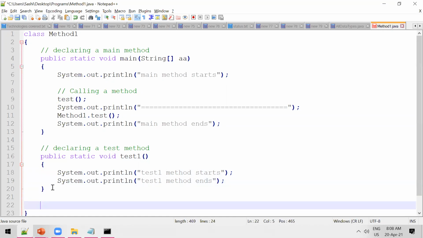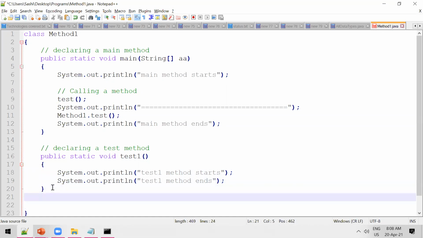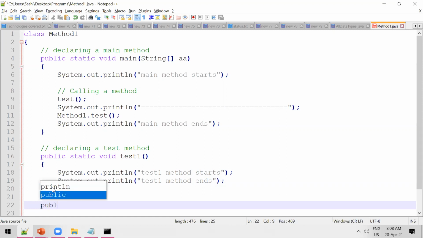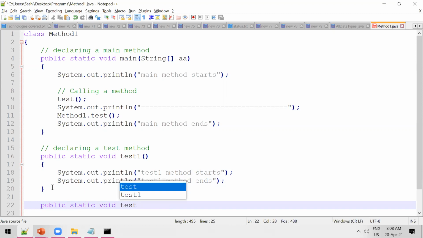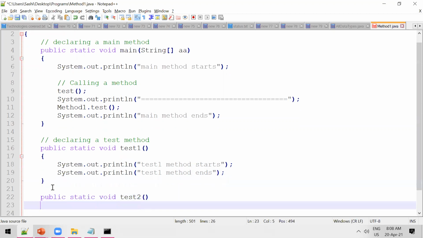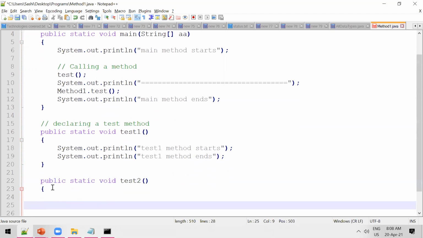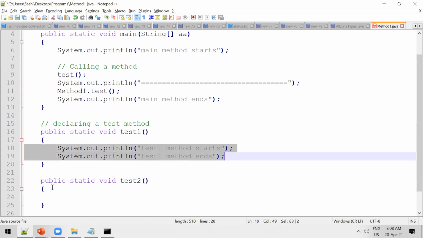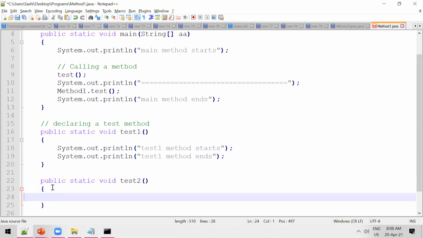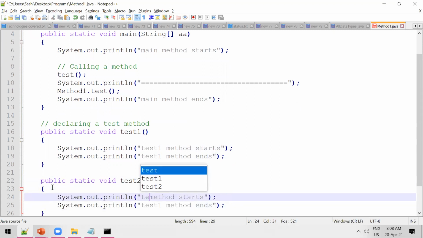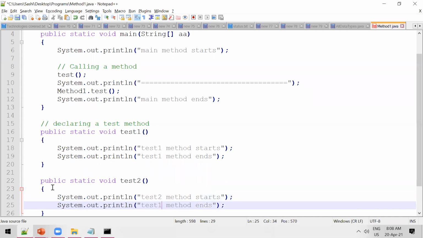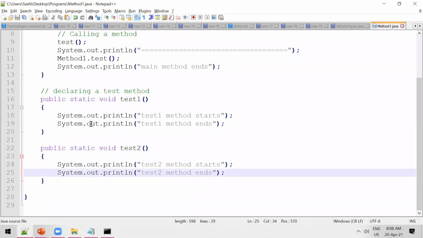In the same way I can keep public static void test2 method, and I can print something here. Consider I am just printing the same thing, test2 method starts, test2 method ends, right? Same thing, I have two methods.